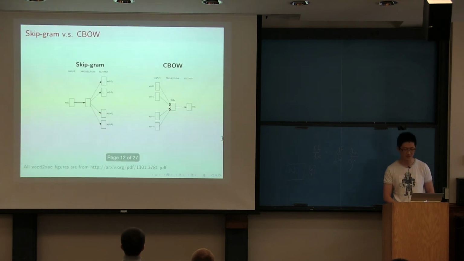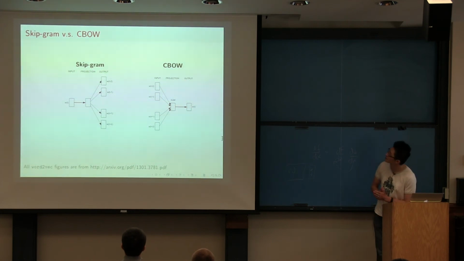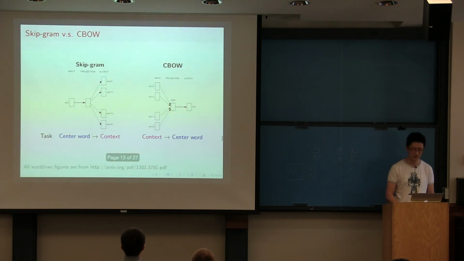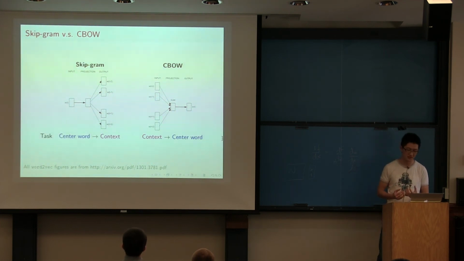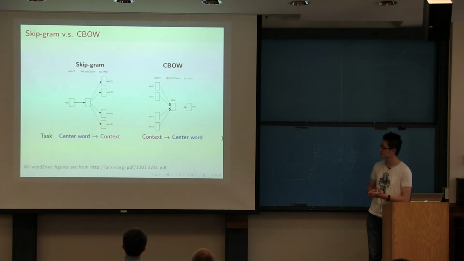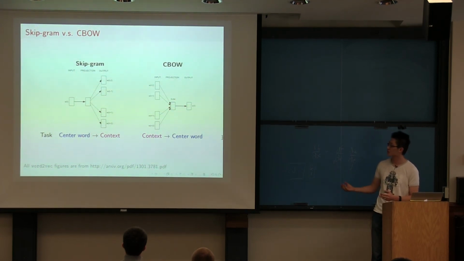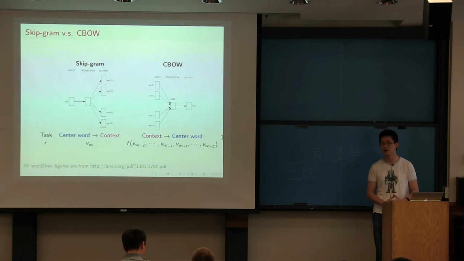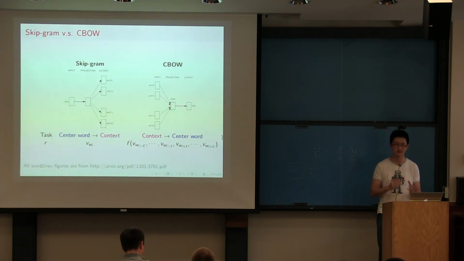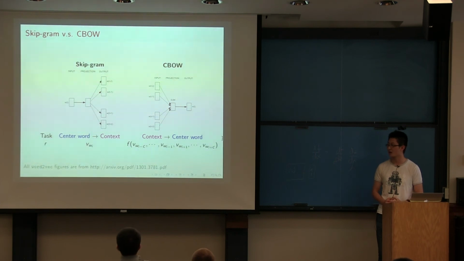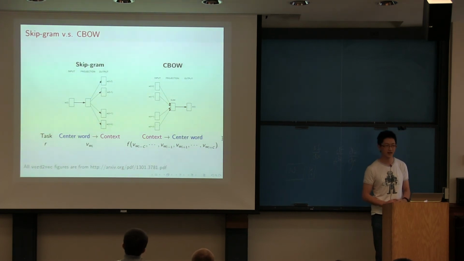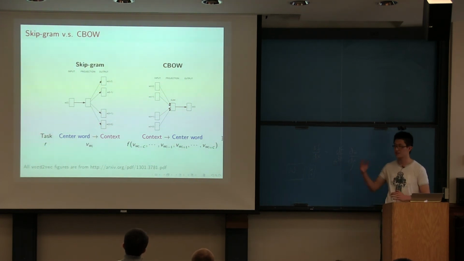So why the notations? When you compare the continuous bag of words model with skipgram, the task is kind of opposite. For skipgram, we're trying to predict the context from the center word, but for CBOW, we're trying to predict the center word from the context. So whereas we have the input vector of the center word as the vector prediction, for CBOW we have a function of all the input vectors in the context. In our assignment, we just summed all of these vectors up to simplify your gradient computation.